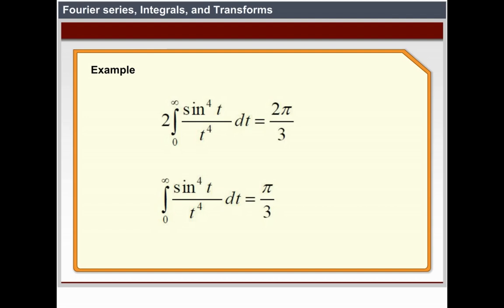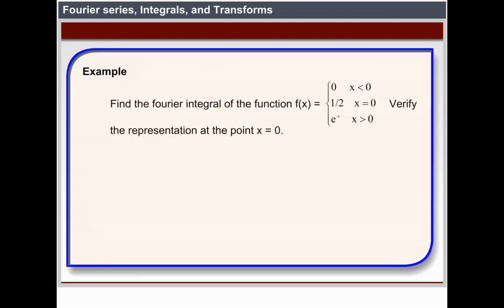The integral from 0 to ∞ of sin⁴ t / t⁴ dt equals π/3. Hence proved. Example. Find the Fourier integral of the function f(x) equal to